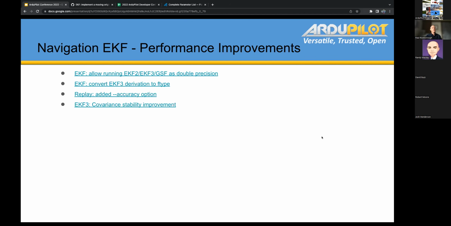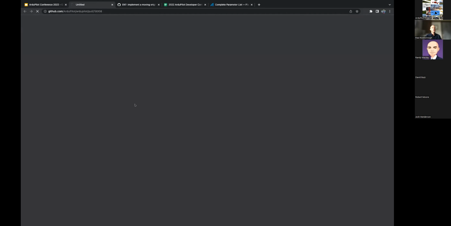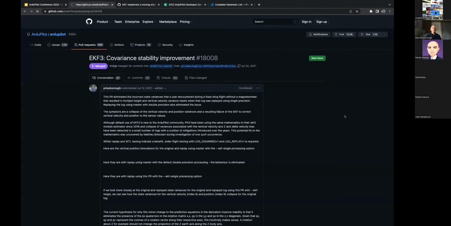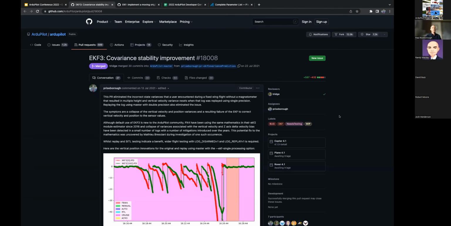And we also have the ability during replay, when you replay a log, to decide whether you're going to replay it with single or double precision and evaluate the effect of that on the performance of the filter. And what went along with that was some improvements to the mathematics or the derivation for the covariance prediction, which has really, and this change was a subtle change, and not to go into the details here,